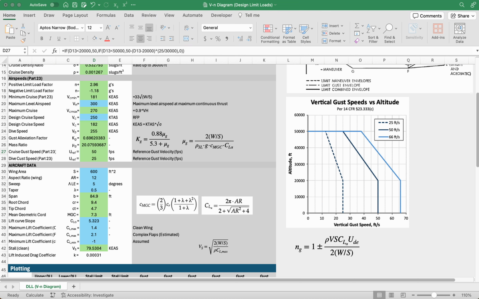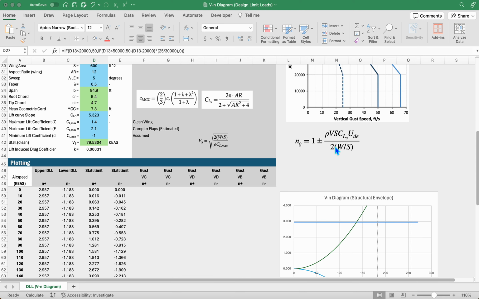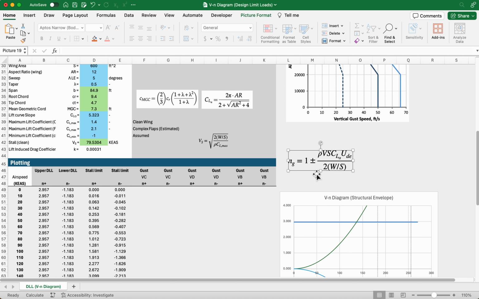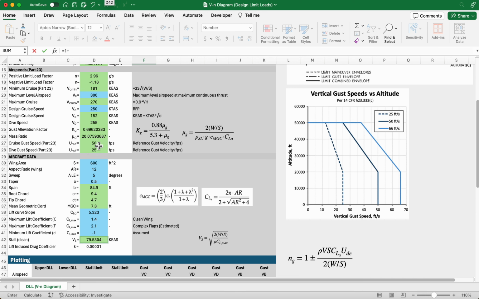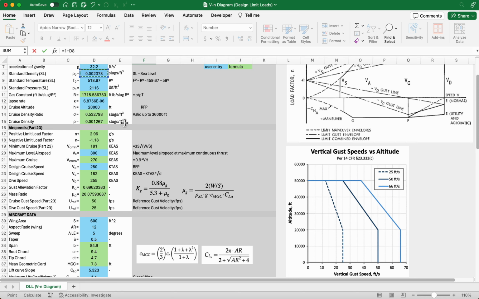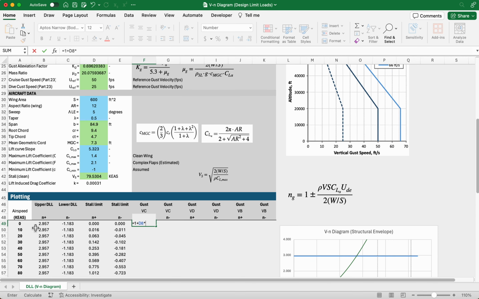So let me copy over what that equation was so you can see it. Let me try and find it. Our gust load factor, oh, it's right here. So we can just start putting that in. Our design gust velocity is just our reference gust velocity times our alleviation factor K. So this is going to be equal to 1 plus our density at sea level times our velocity. I'm going to multiply that by 1.688 to get units of feet per second,